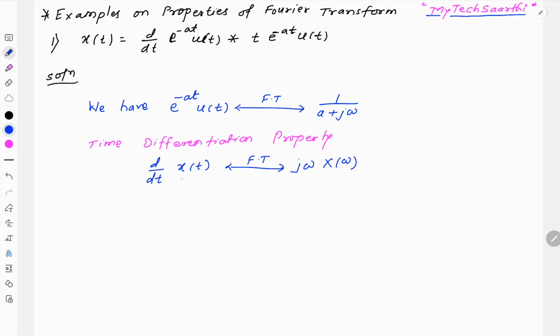If we use this in the given expression, we get d by dt of e raised to minus at u of t as,